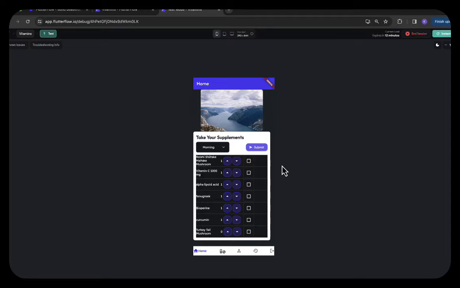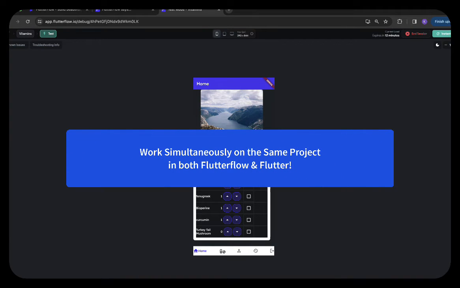I'd like to show you guys a workflow that I found that works really well with Flutter and Flutterflow. In many situations, I would like to set up a project and get started in Flutterflow, but then I would like to make changes to it, which is only possible in Flutter. And what I was able to do, I think works really well, which is